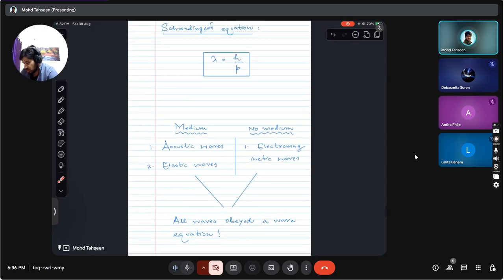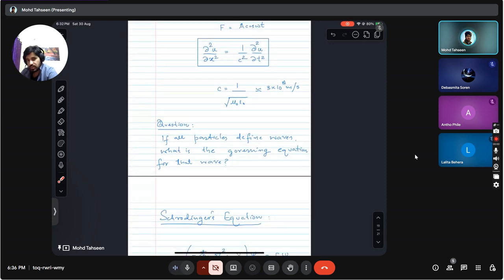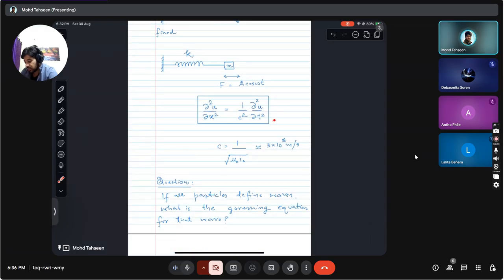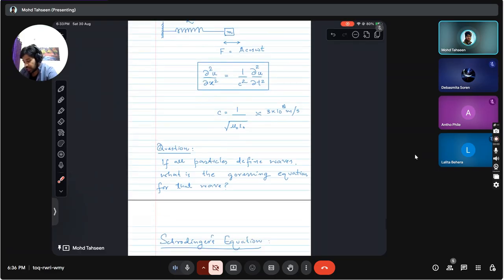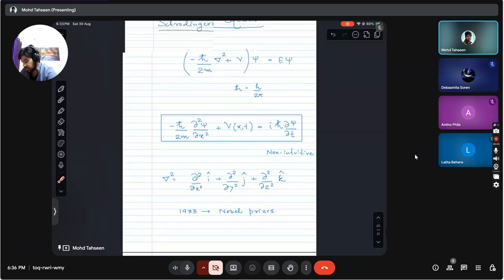So this is why Schrodinger wrote down an equation by making an analogy with the wave equation for a string. The form of the equation is similar to that of an electromagnetic wave. So this has two orders of differentiation with respect to time, and two orders of differentiation with respect to space, right? And it's a linear partial differential equation. So by making comparisons with this equation, Schrodinger came up with his equation, which is shown here in this